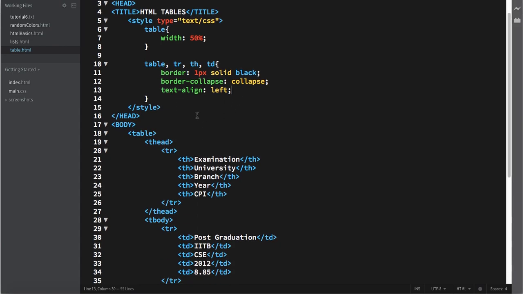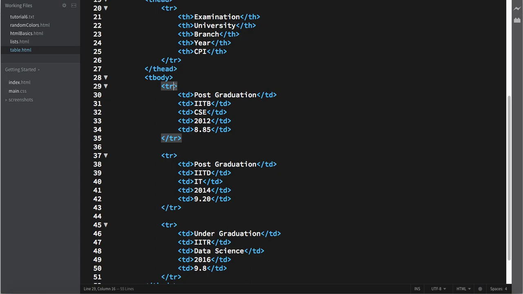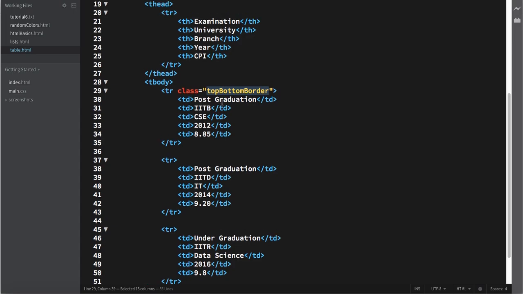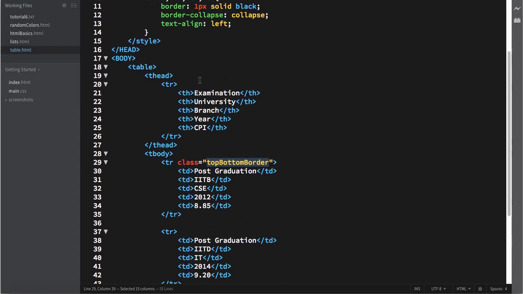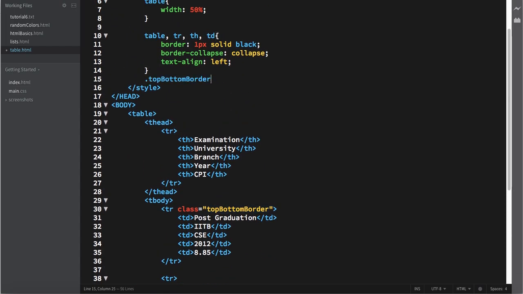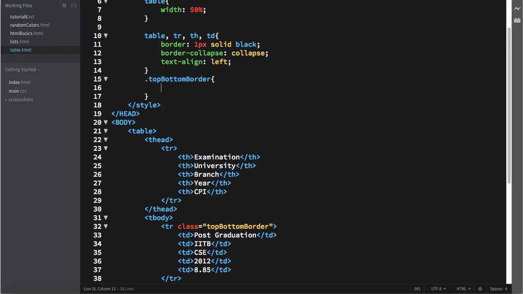So how are you going to change that? What we need to do is pick the top row and assign a class, top bottom border. In this row we are going to assign top and bottom border. How are you going to do that?